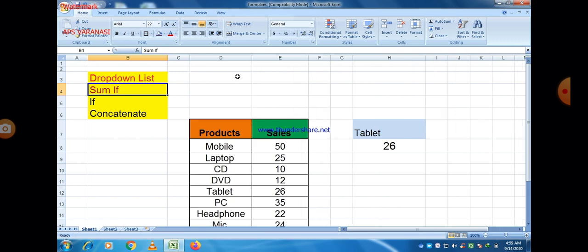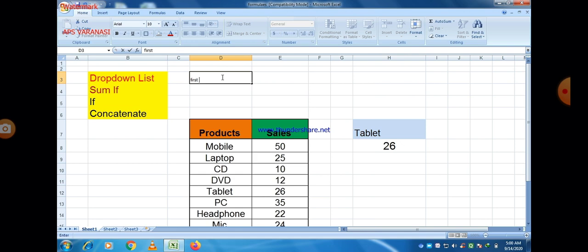Next is concatenate. So before going to discuss the if function, let us understand the concept of concatenate, which I think is very easy to implement. Concatenate is a function in MS Excel. So suppose we have two columns, first name and last name.